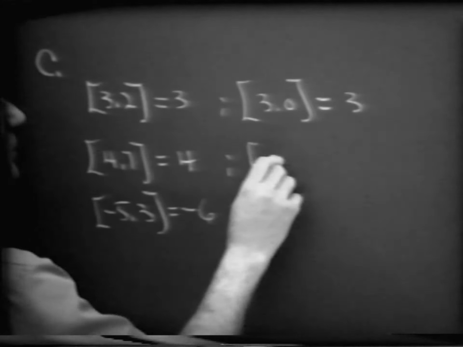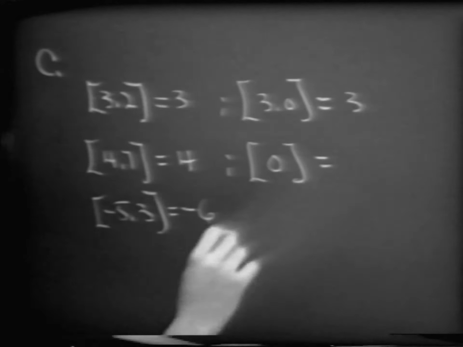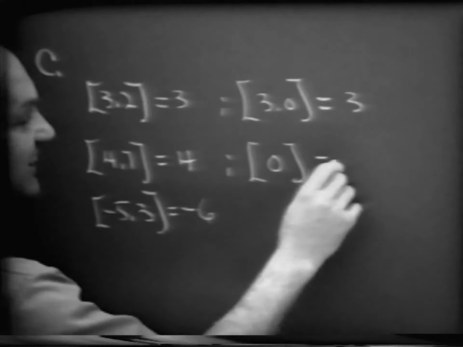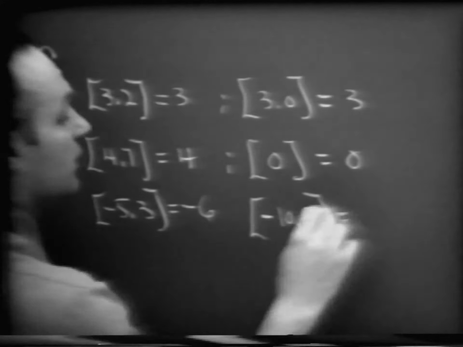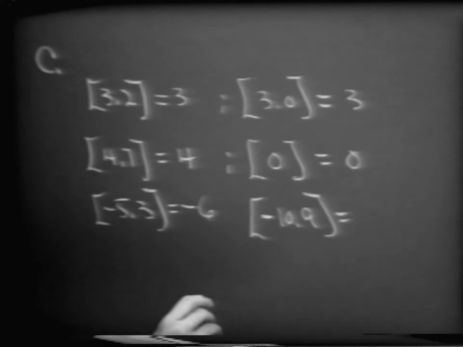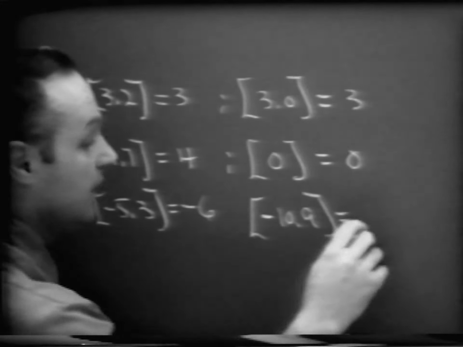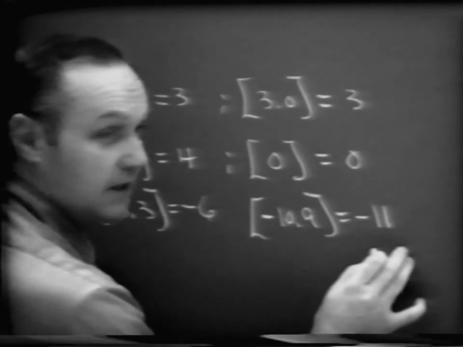How about the greatest integer which is less than or equal to 0? Is the element what? 0. All right, how about the greatest integer which is less than or equal to negative 10.9? And what number is this? Negative 11. Okay? Now,